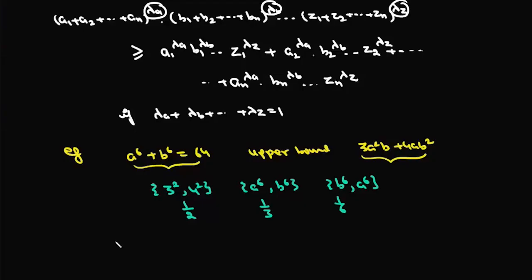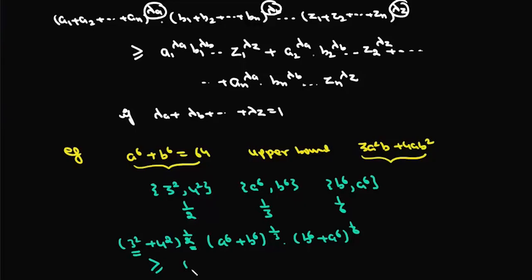We can write (3² + 4²) to the power 1/2 into (a⁶ + b⁶) to the power 1/3 into (b⁶ + a⁶) to the power 1/6, and it is greater than or equal to